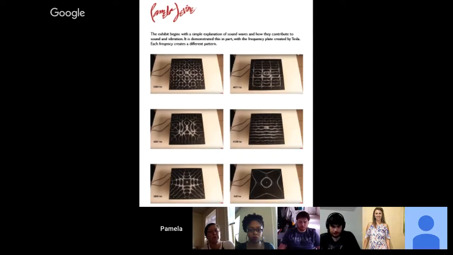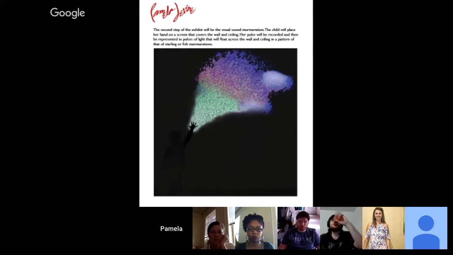Do you have a control there to be able to change the frequency? So I want everything to be digital. Right. And so there'll be a button, and it's all going to be digital. It's all going to be a video. So if someone pushes a button, you'll see the video come up of that particular frequency. And then it'll also have the sound. That's the first part of the exhibit. Then you can barely see the little boy, but there's a little boy here in the lower left corner.